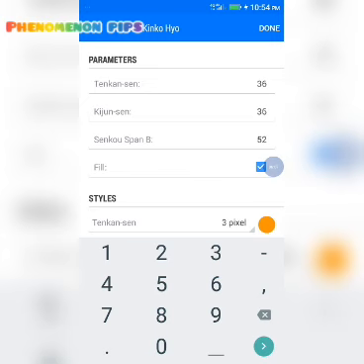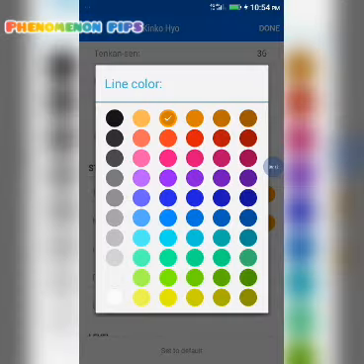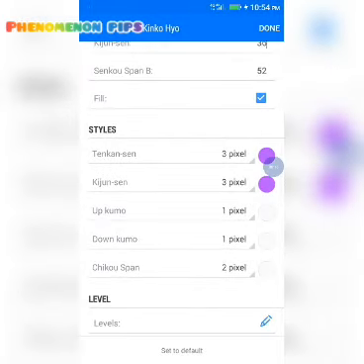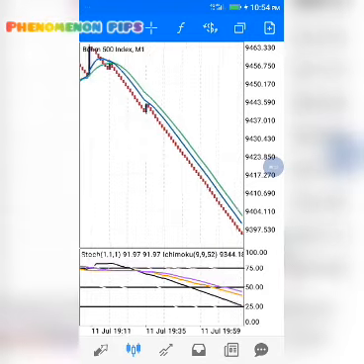Just click on the fill, then change the color to purple. Which color? Okay, let's use this one. All the rest will be white, you don't need them to show. Then click done. This is what we need.